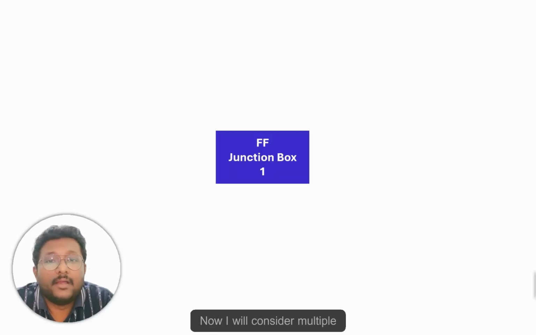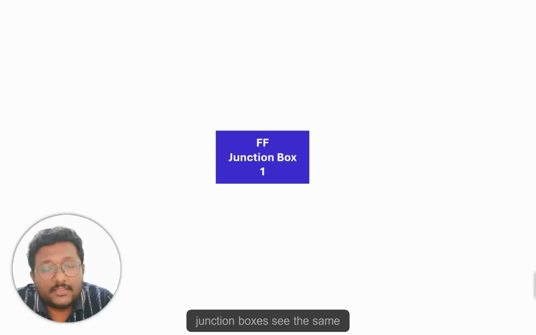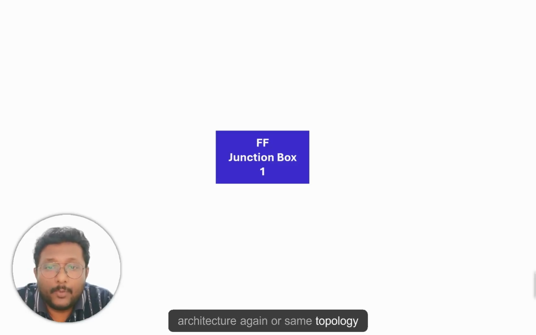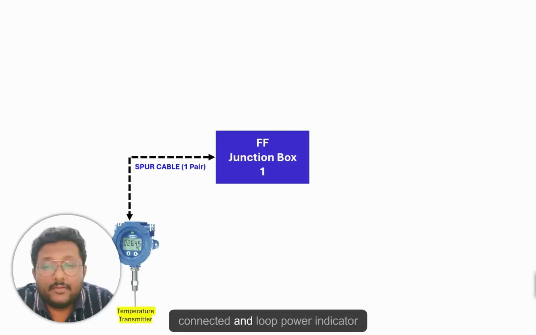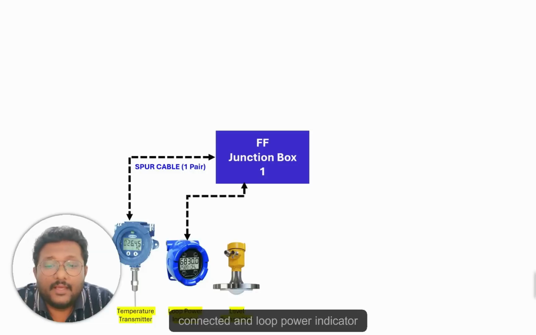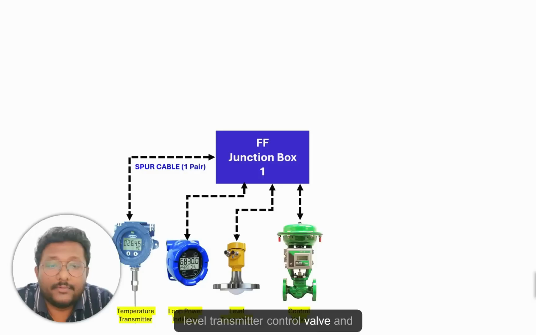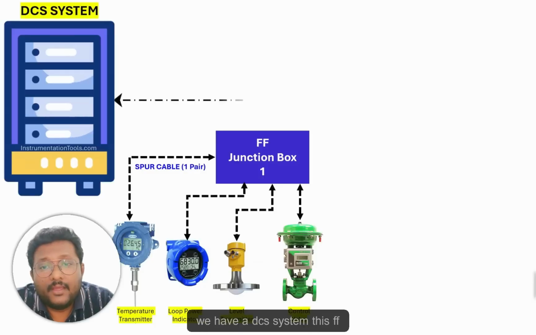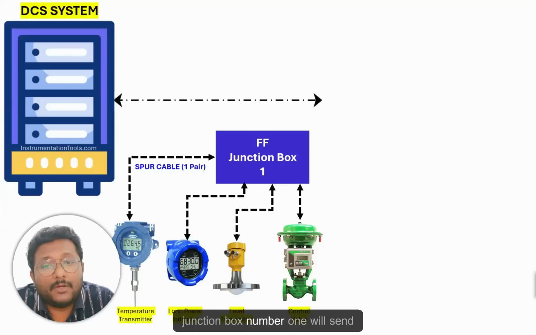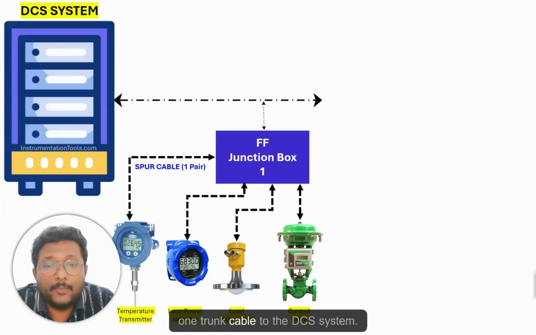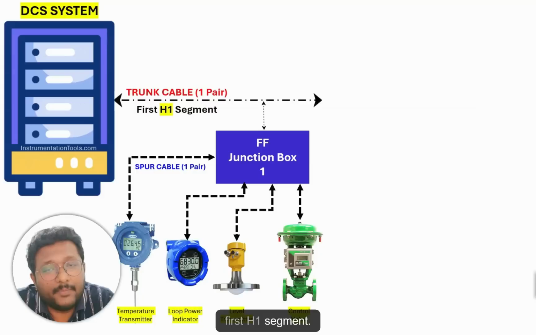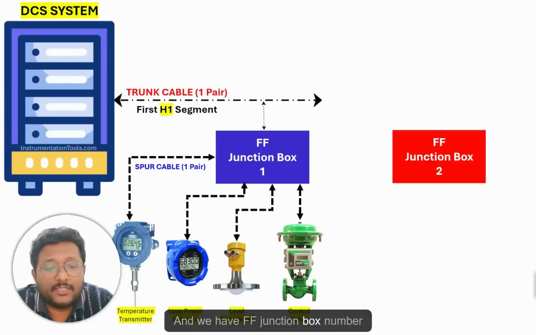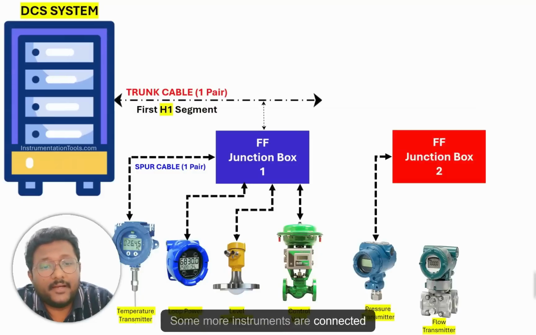Now I will consider multiple junction boxes. See the same architecture again, or same topology. This is my FF junction box number 1 and temperature transmitter connected, and loop power indicator, level transmitter, control valve, and we have a DCS system. This FF junction box number 1 will send one trunk cable to the DCS system, and this is called, let's say, the first H1 segment. And we have FF junction box number 2. Some more instruments are connected to the junction box,